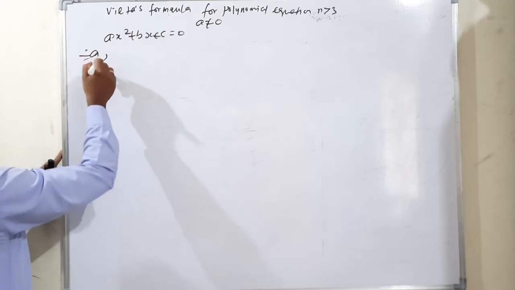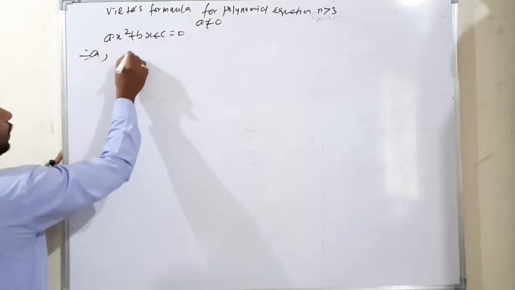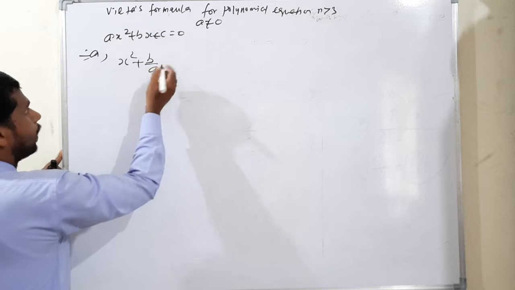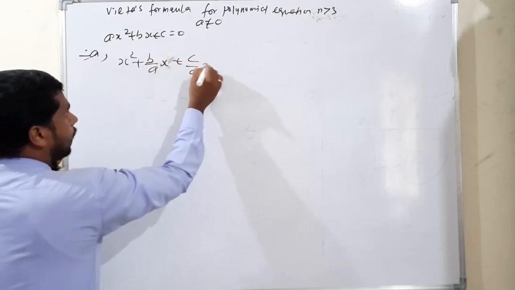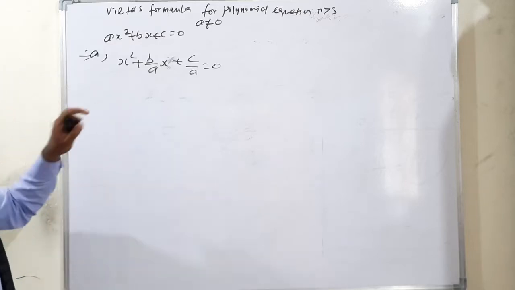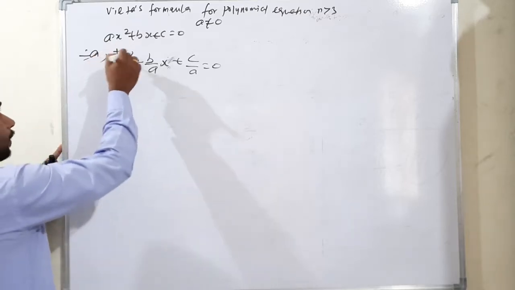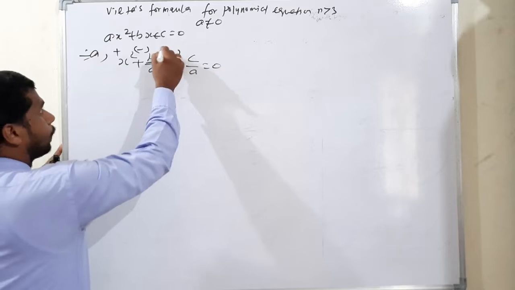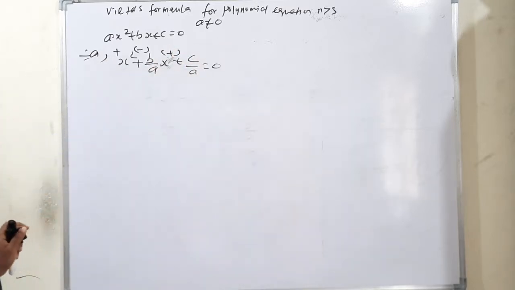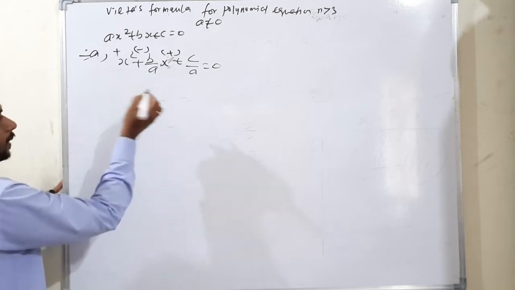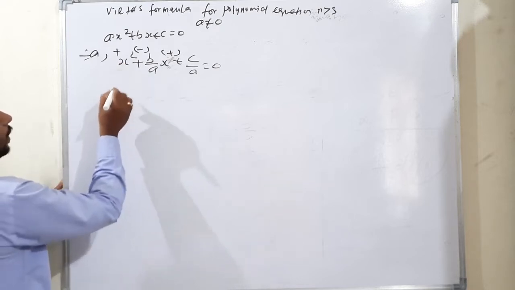That is called dividing by a, so ax square becomes x square, plus b by a into x, plus c by a is equal to 0. Now the signs start with plus, minus, plus, there are only 3 terms, no? So plus, minus, plus will come, isn't it? This is how to write it with the summation of the parts, starting with the x square,